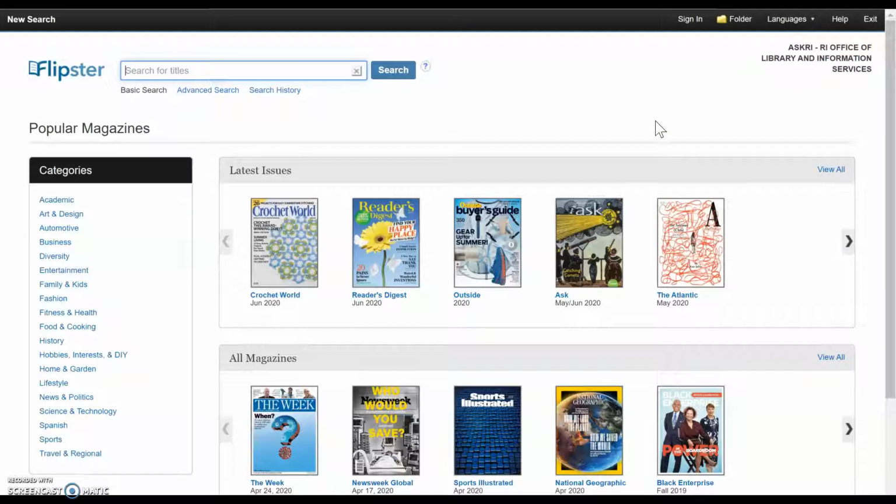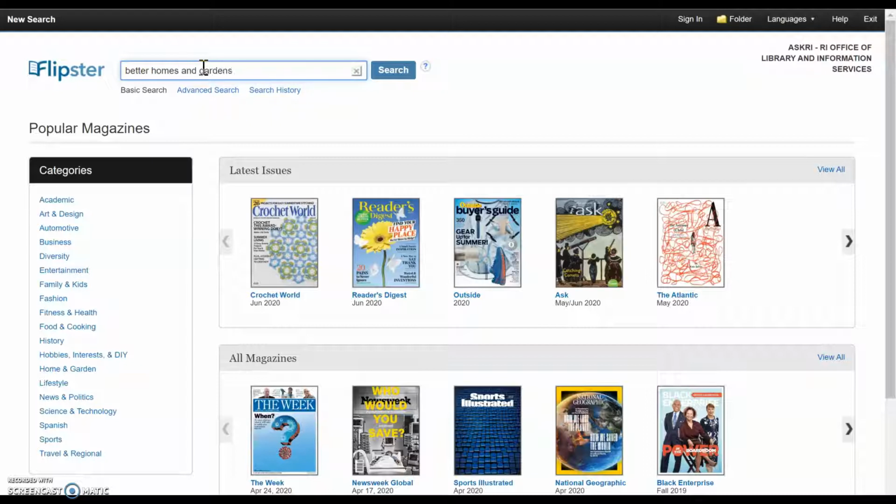Especially right now, we don't want to be going out to get something like a magazine, and magazines are astronomically priced at this point in time. So this is really a fun place to dive into, especially if you have some extra time. So you can search for a particular title. Now, not everything is going to be in here, but there is a ton of stuff for you to browse through. So let's try Better Homes